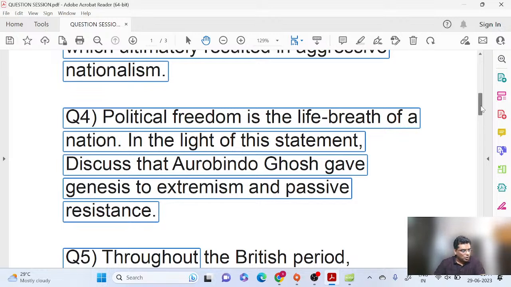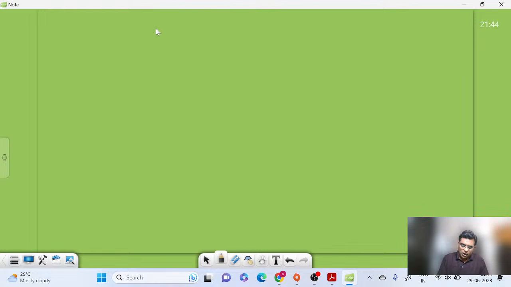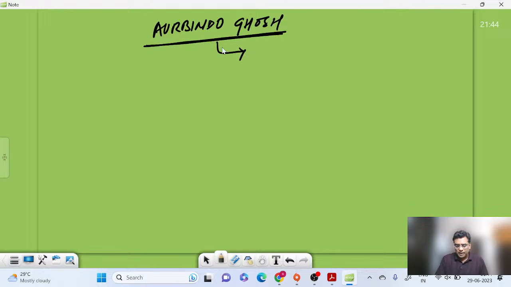Look, the role of philosophers cannot be ruled out in any fundamental change in the politico-social affairs. Out of the many great philosophers who affected the direction of the Indian national movement, Aurobindo Ghosh was one of the biggest philosophers of the time. Aurobindo Ghosh laid the foundation of